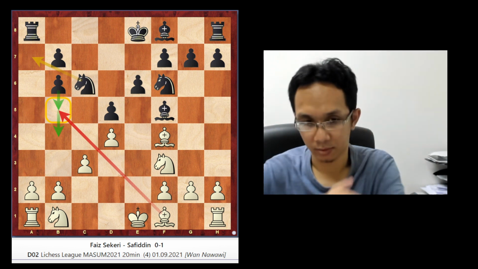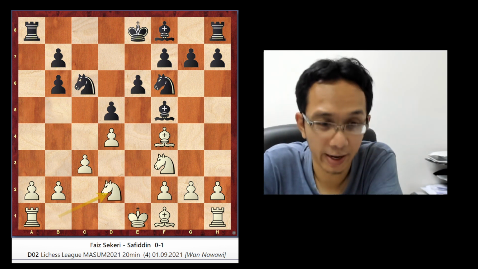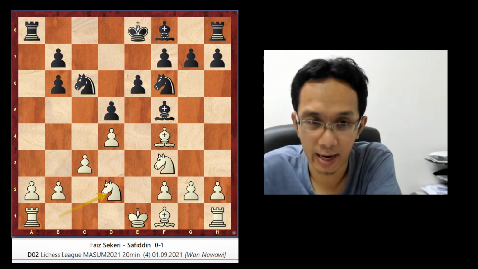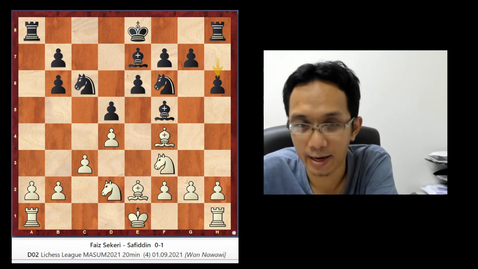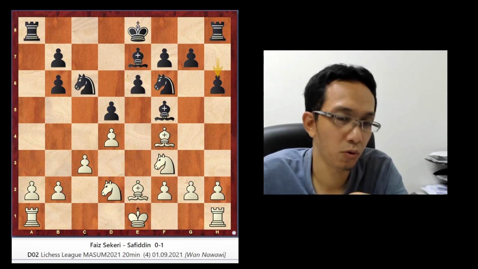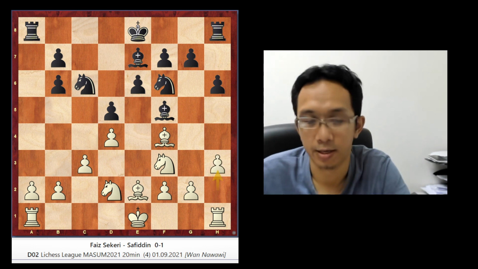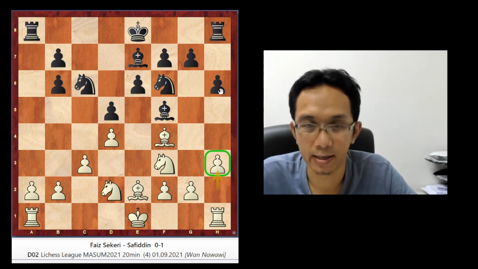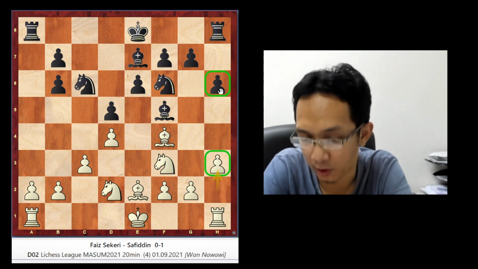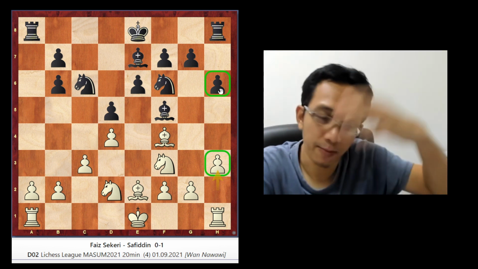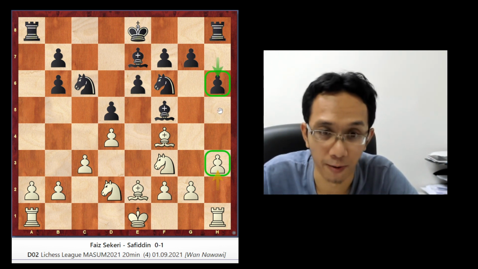So in the game here, Faiz plays Nd2 and Safiddin plays like this, and then bishop e2. And this thing, you will find common in the London, this tiny edge pawn move. As I said before in the previous class, be very careful when you move this edge pawn.